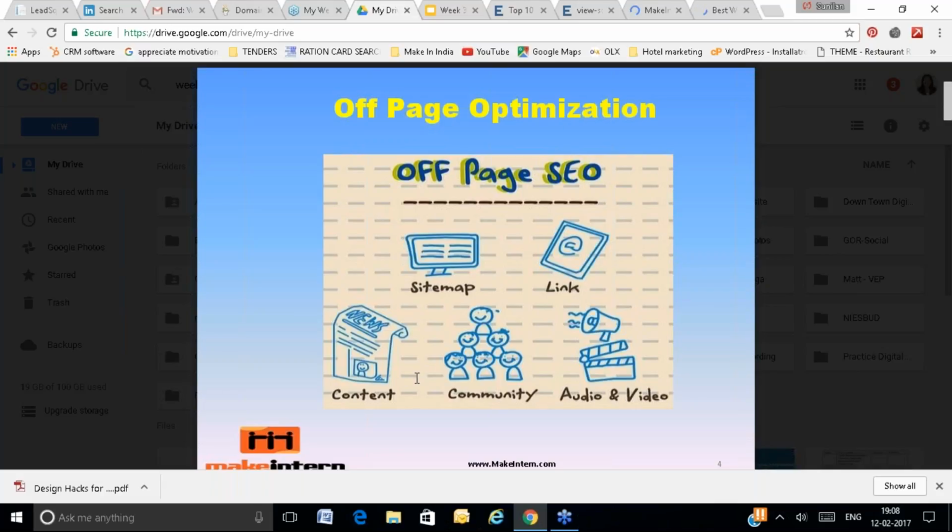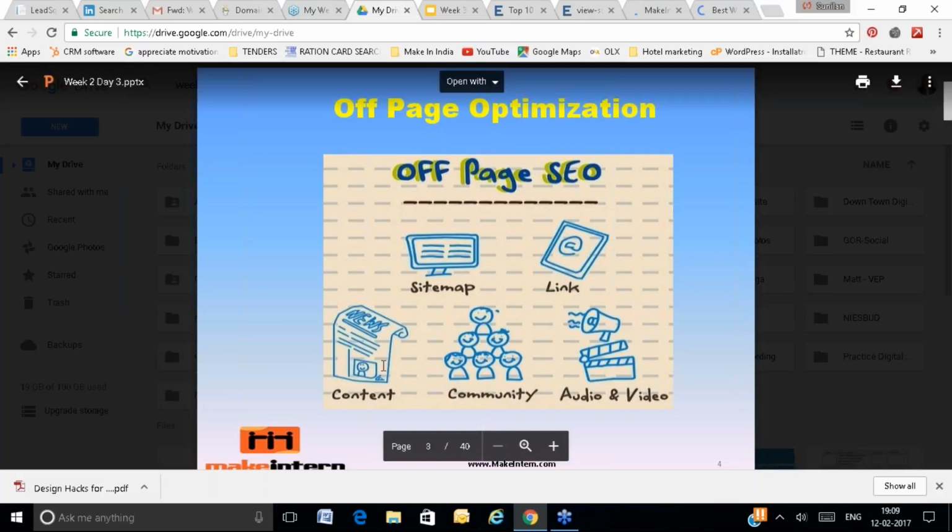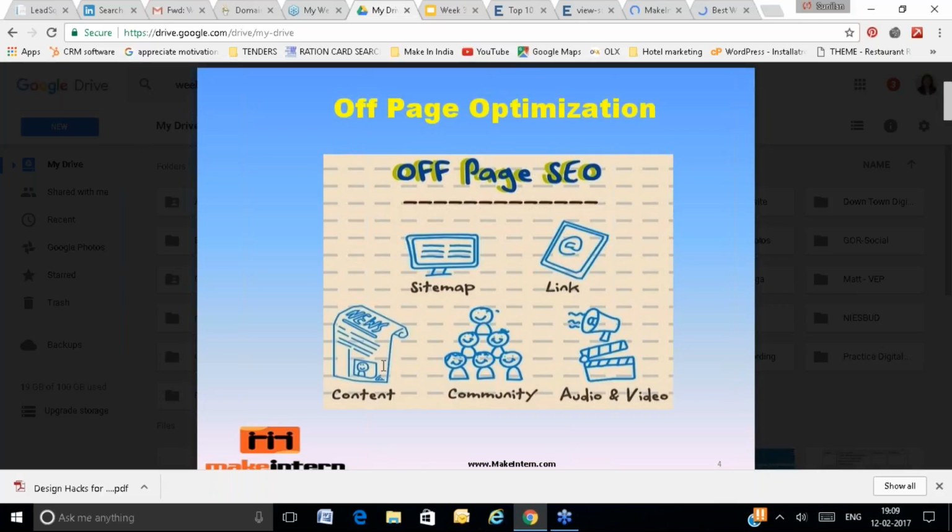So you have to be tactful and smart enough so that they allow you to place your website link on their website, right? So off-page is not in your control. Whatever link acquisition or SEO activities you are doing on other websites are called off-page activities. On-page activities are whatever you are doing on your website. Off-page activities are whatever you are doing on other websites.